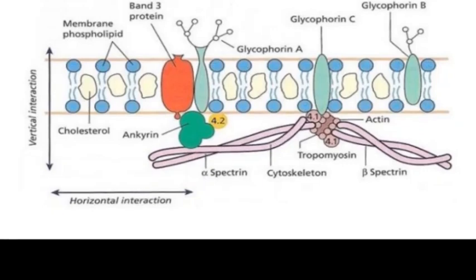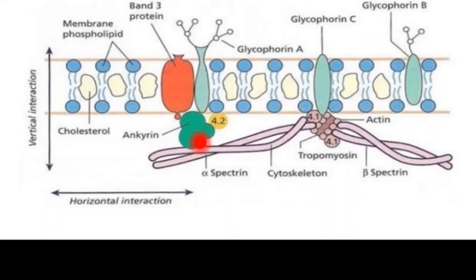In the fluid mosaic model, we have discussed a little about the various kinds of protein among the integral protein and the peripheral protein. So what is integral protein? Integral proteins are the proteins which can penetrate the lipid bilayer. So in this picture you can see band 3 protein is a type of integral membrane protein which acts as a transport ion channel. What does it mean? It means it provides a transport mechanism for ions.